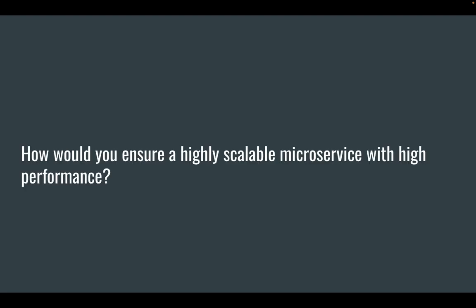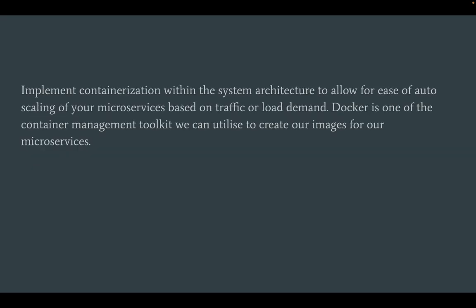And the last question is, how would you ensure a highly scalable microservice that is highly performing, or with high performance? Here you implement containerization within the system architecture to allow for ease of auto-scaling of your microservices based on traffic or load demand. As we've mentioned, you have API gateway, you have service discovery, and on top of that, Docker is one of the container management toolkits we can utilize to create images for our microservices, and then we can release those and run them via Kubernetes to auto-scale